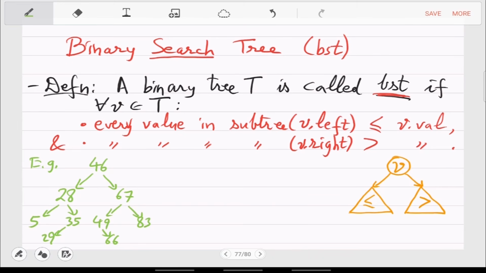But that is not enough to check. You have to look at other nodes also. So you also have to see what is happening under 28. Because for example, if under 28 on the left side there was 29, then that will violate it, it will forbid the whole tree from being called a BST. So you have to check each and every node, and you can check here that it's correct. So that is a BST, and a non-BST is a similar thing.